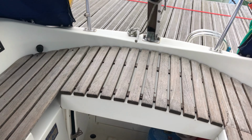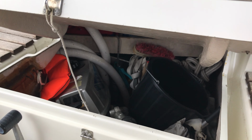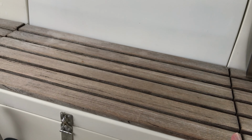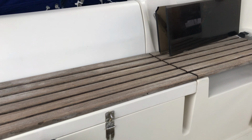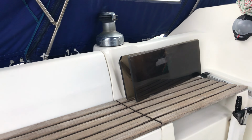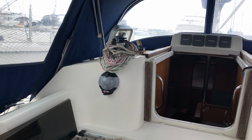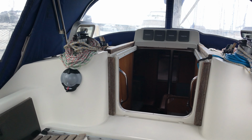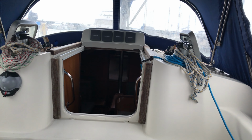So if I just turn round and look down on the port side, we've got this gigantic great big cockpit locker there with absolutely loads and loads of stuff in there. And just carrying on round the port side, we've got the see-through washboards there, the self-tailing winches all round, compass to the port side there, the self-tailing halyard winch, a nice small hatchway there down to the head, a really good set of electronic navigation equipment above the companionway there,